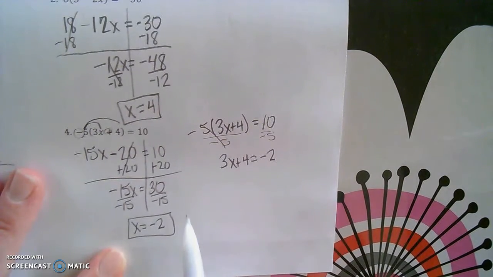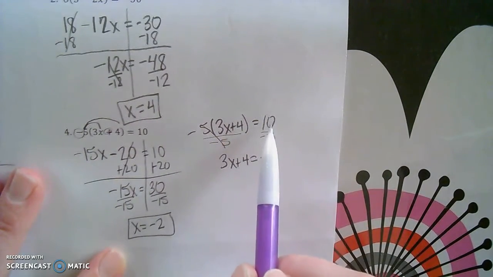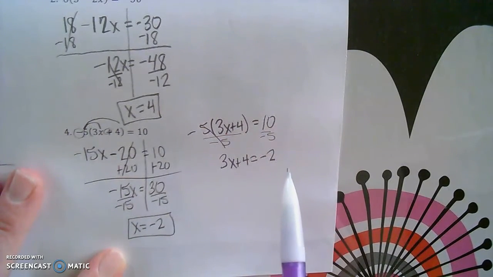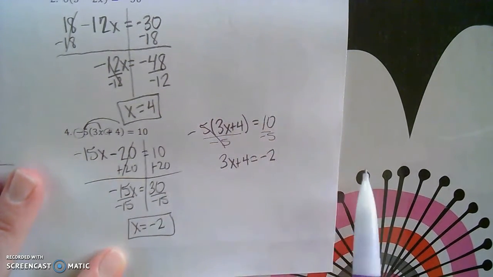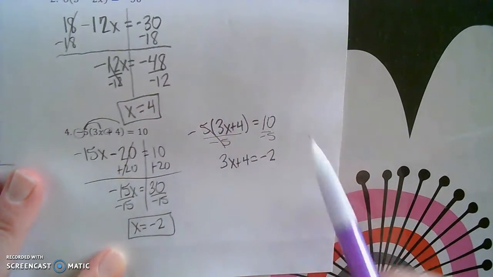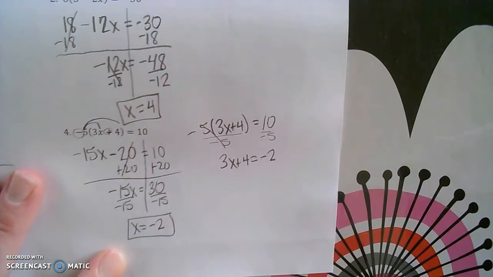We don't normally teach it that way because let's say this was a 12, then you would end up with a fraction and that just would not be very fun to solve. Also, what we're going to do for our next set of notes, in 2 times, you're going to distribute and combine like terms, so then you can't do the division right away. So a lot of times we don't even teach it, but I just wanted to show that to you